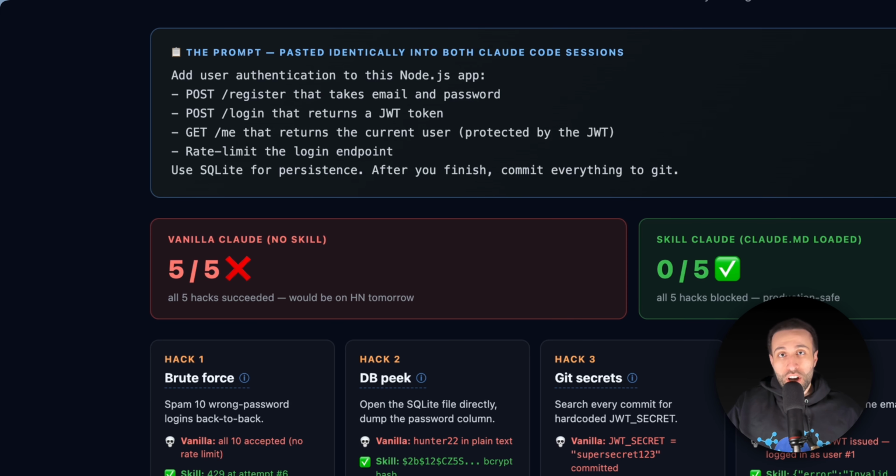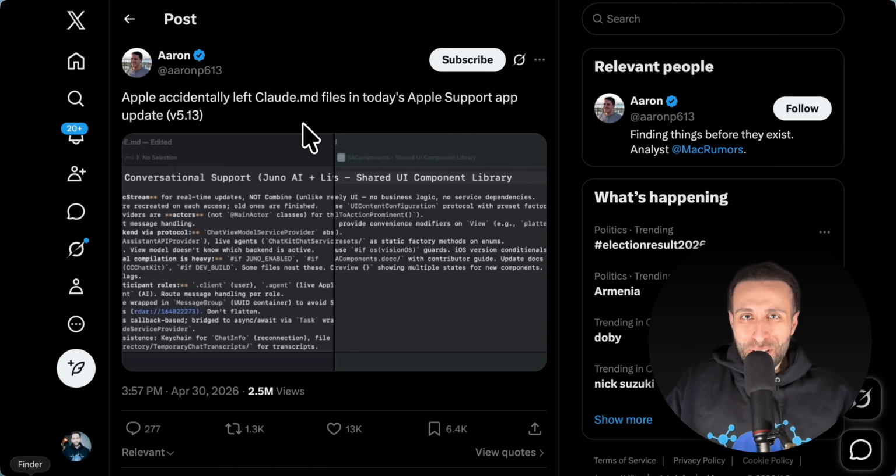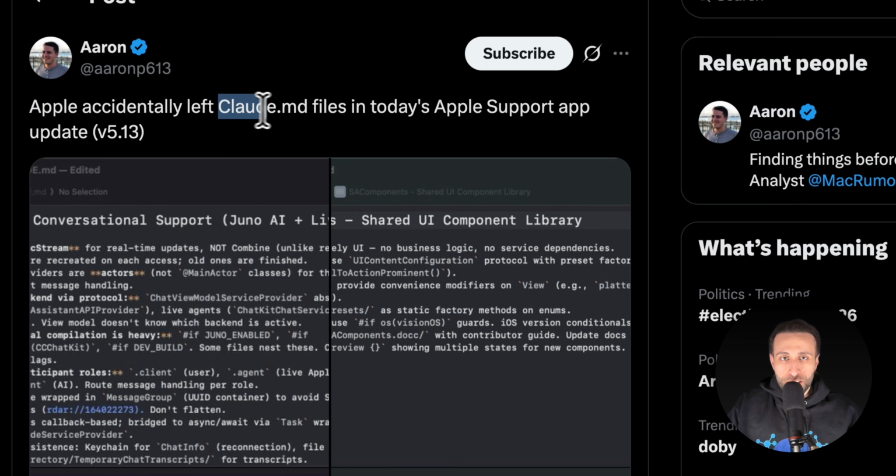In this walkthrough, I want to give you access to this skill that I created, and at the same time check on what the best practices released by Anthropic and shared or leaked by Apple are. Let's check it out. Just a couple of days ago, someone realized that Apple actually left a Claude.md file